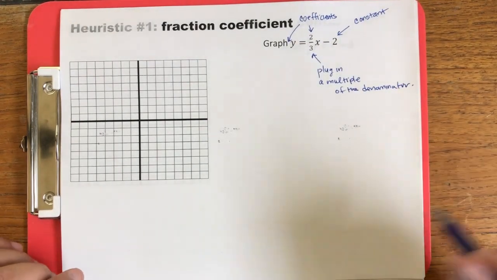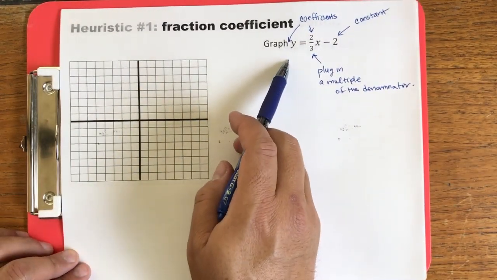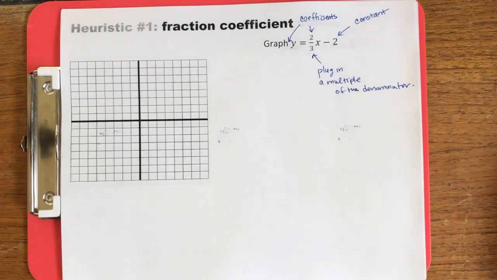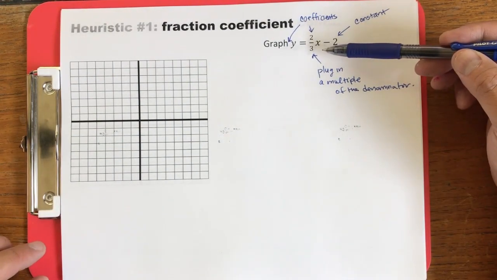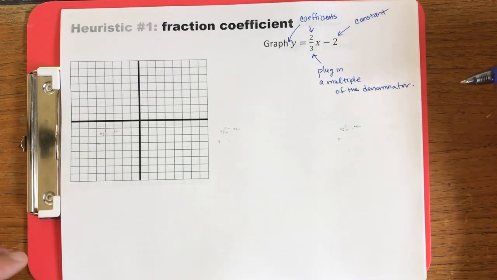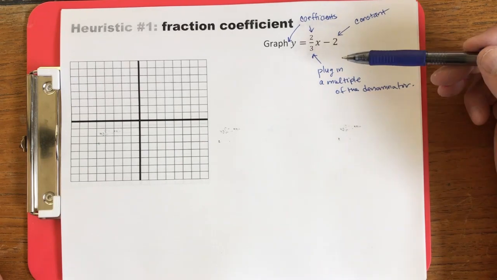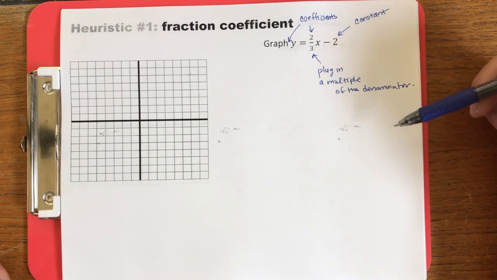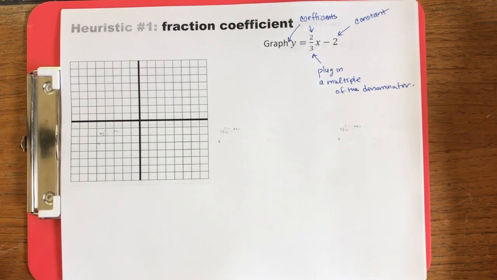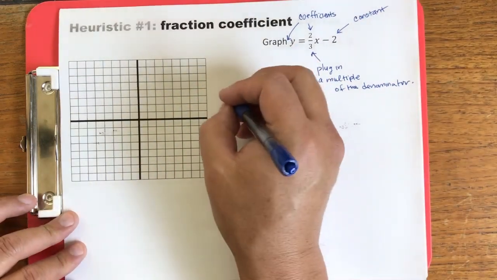So in this case, the denominator of our fraction is 3. So let's count by 3: 0, 3, 6. If the denominator was 4, we would count by 4: 0, 4, 8. If the denominator was 2 or negative 2, we would count by 2's: 0, 2, 4. So in this case, we're going to plug in